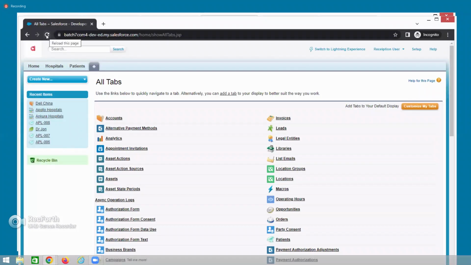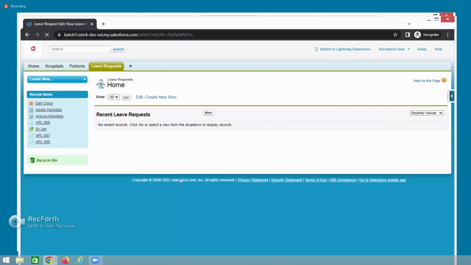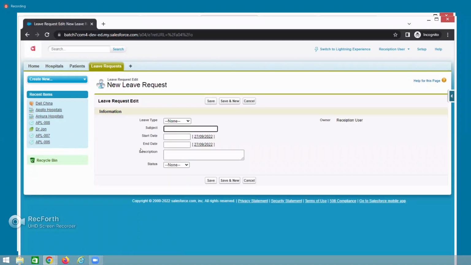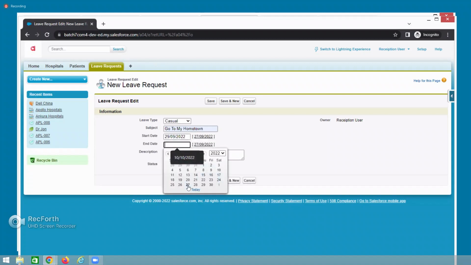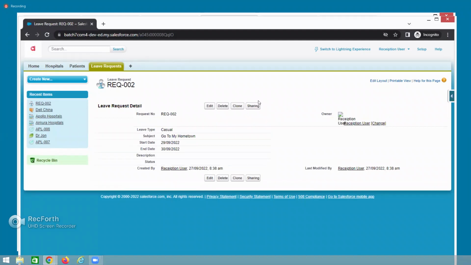Now we have given this guy the object access. Leave request has come. Click on that. Now he is entering the data. Leave request type is casual. Subject is go to my hometown, and the date is given. Only 2 days. Status is not required. Whenever he creates the record, he has not submitted anything. He just creates the record. Now what we require is